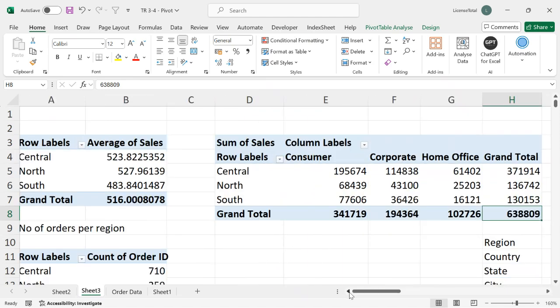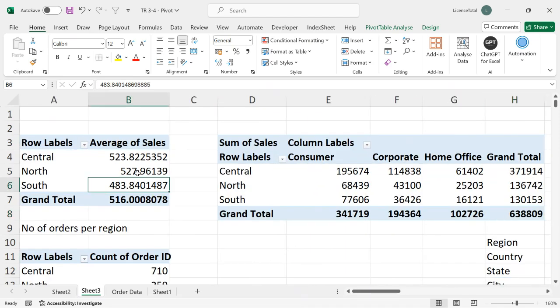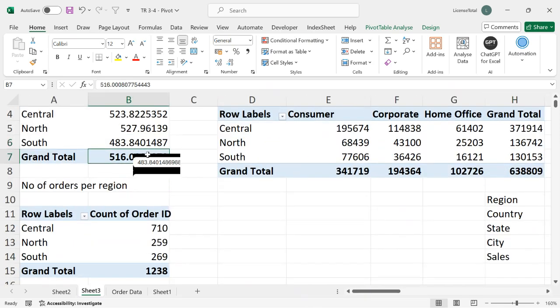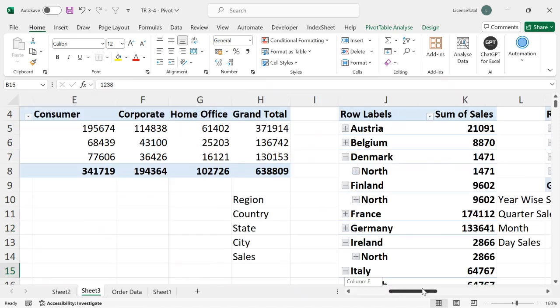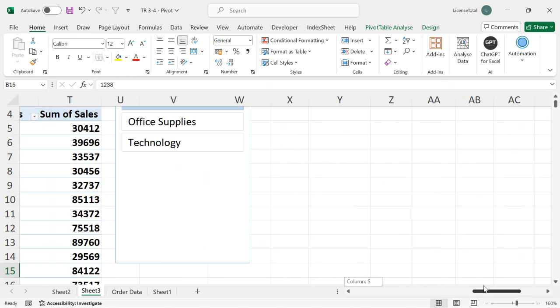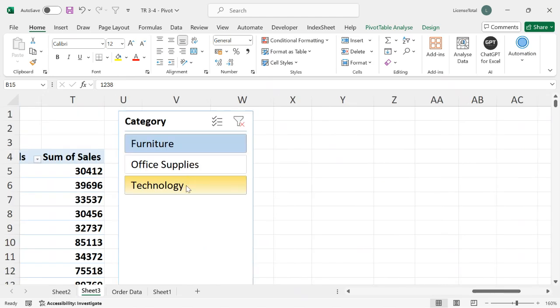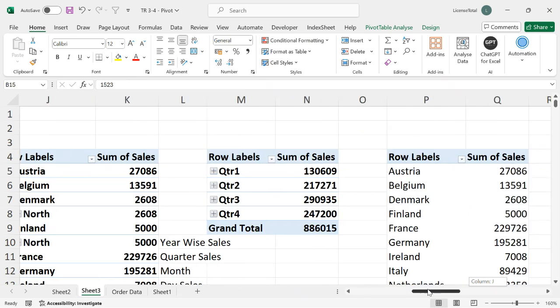Then the region wise sales, this is average. Okay, definitely there is a change in the average. It's not the sum. And the count of the order ID will also show this is 1238. Now I'll go back to the slicer. I'll select technology here. Now notice the totals and the values have changed. It is now